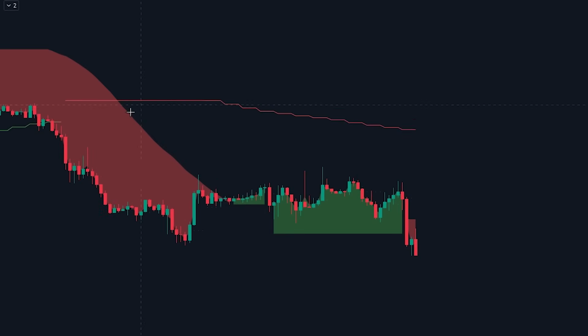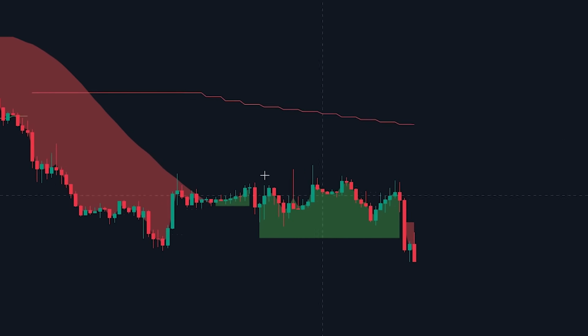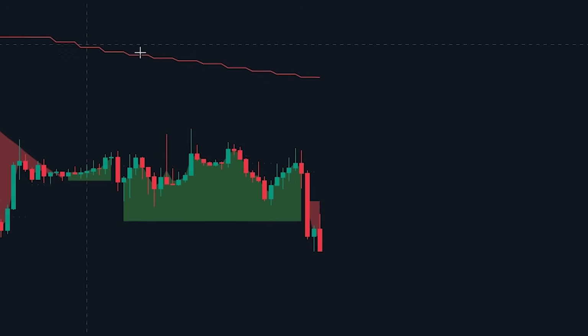We can see here that the price is in a longer-term downtrend, indicated by the red line, showing us that the trend is bearish on the 4-hour time frame. We can also see that the trend also switched to bearish on the current time frame. Because the trend is bearish on both timeframes, it indicates that it's a good idea to enter into a sell